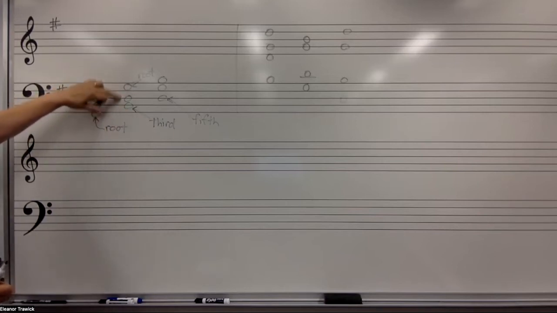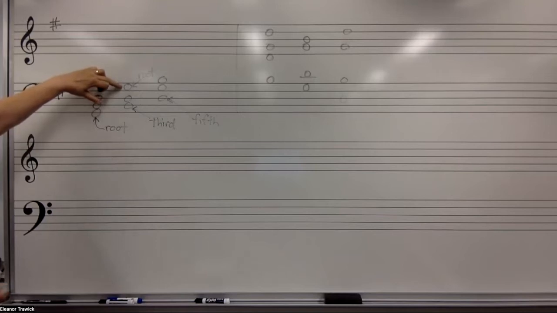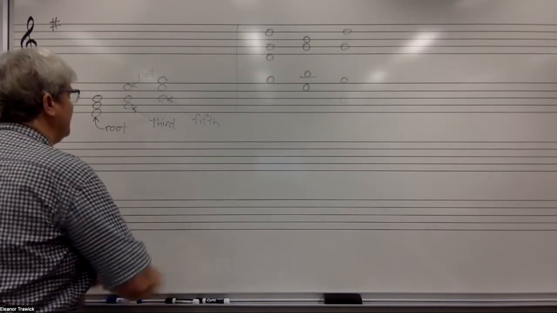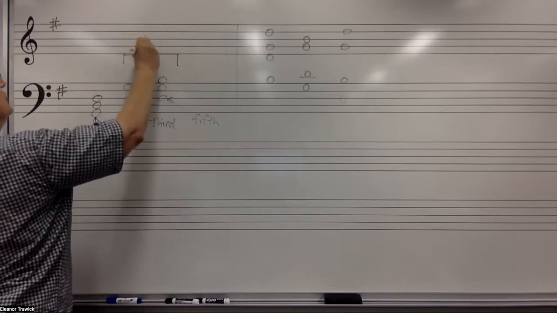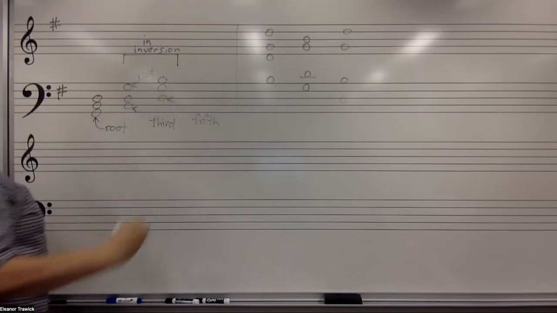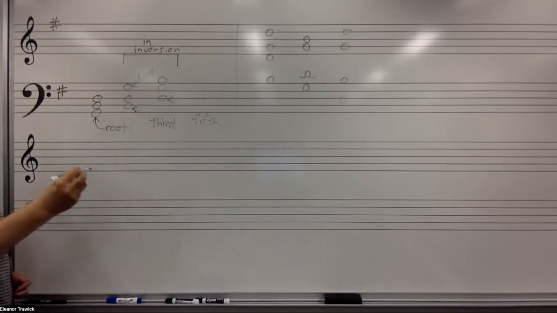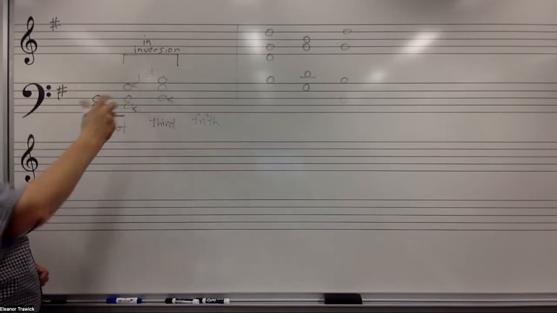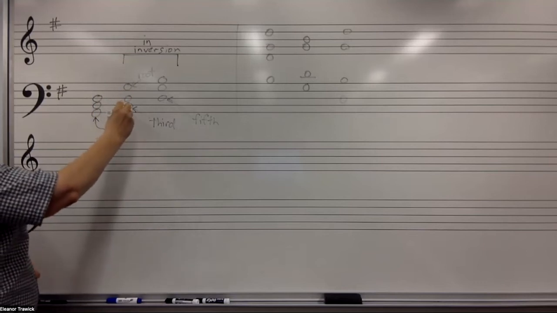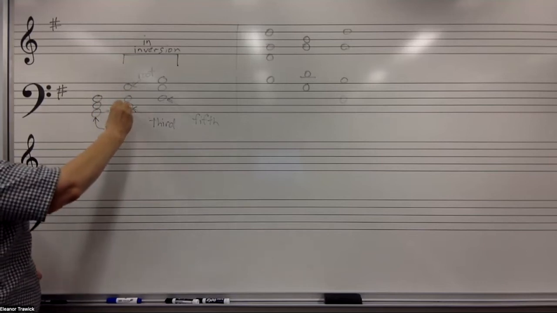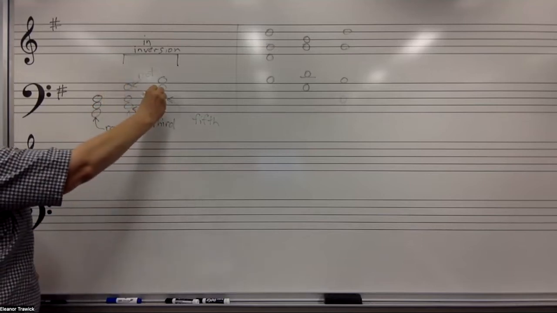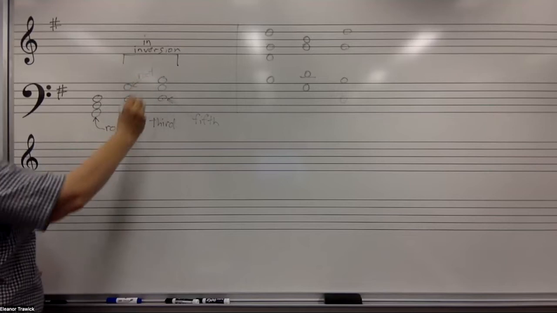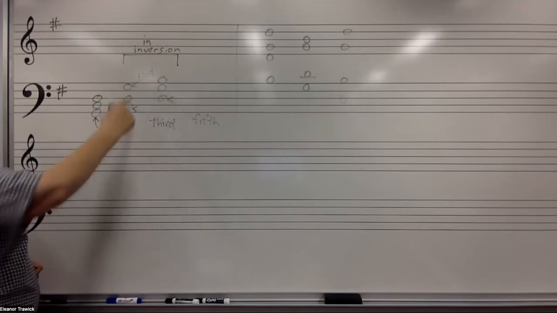Here the chord isn't stacked in thirds. The G, which is the root, has been moved to the top of the chord. We would say that these two chords are chords that are in inversion. Just as with the inversion of intervals, you take an interval and you turn it upside down, here we're doing the same thing. We're taking the fifth from G to D and we're inverting it into a fourth. Same thing here. The D is below the G, so we have an inversion of that interval